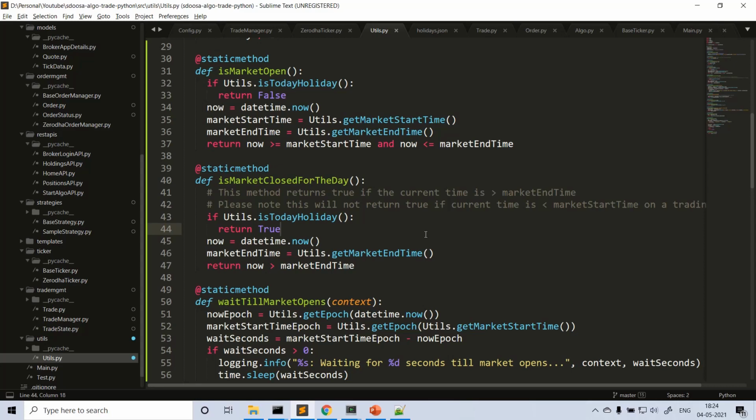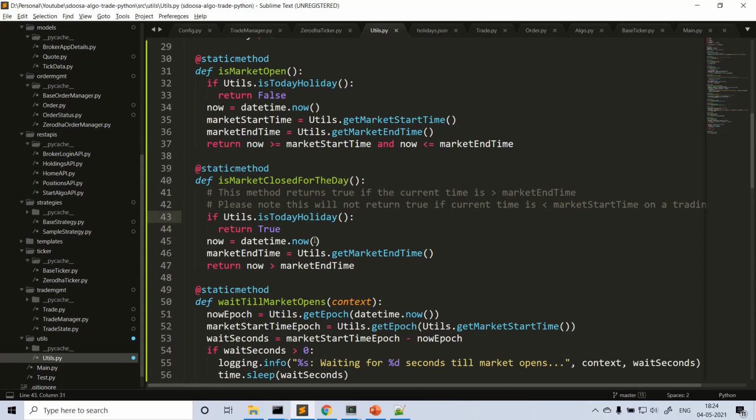Ideally the market is closed before 9:15, but we are not going to use it in that manner. There is some reason you'll come to know in future when I start progressing further. Just keep in mind. Anyhow, I wrote a comment here.